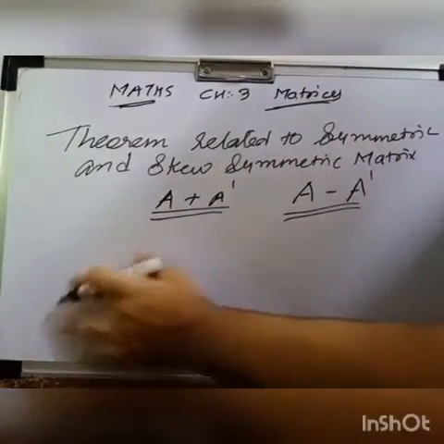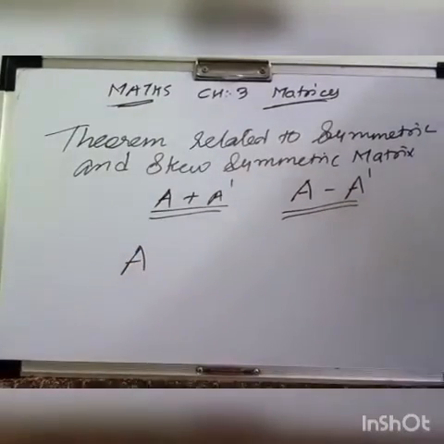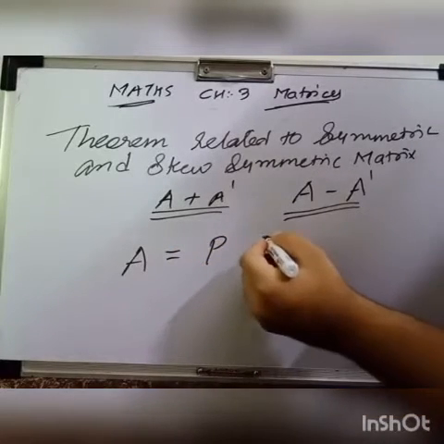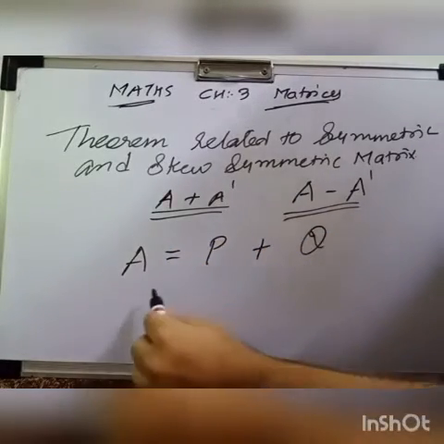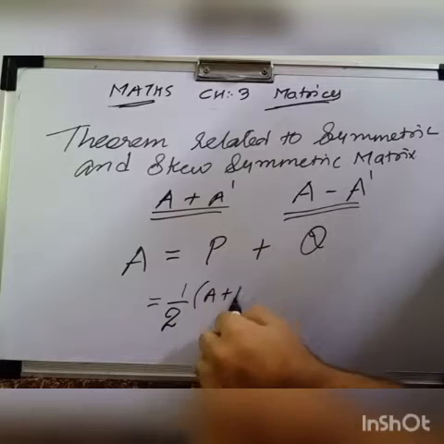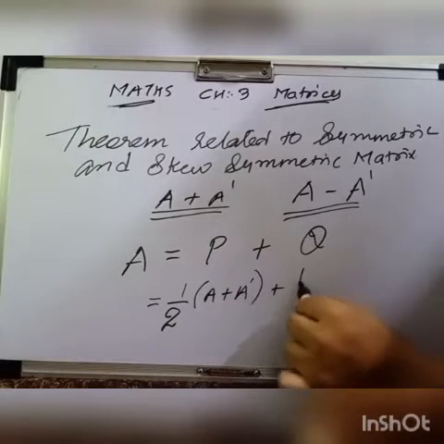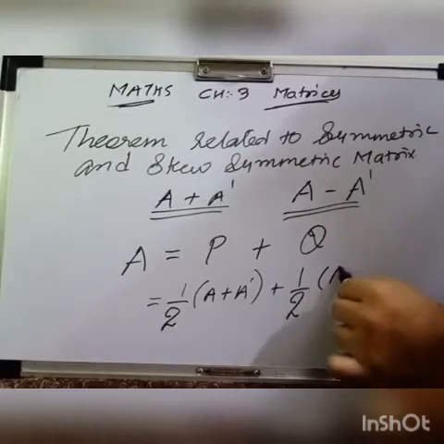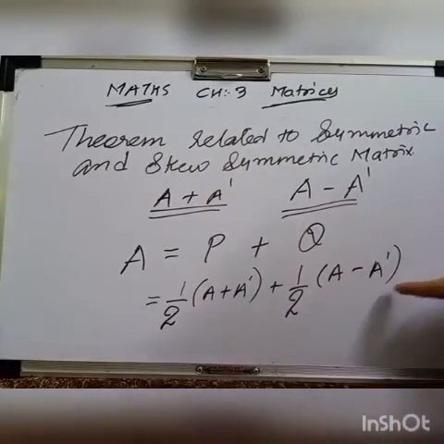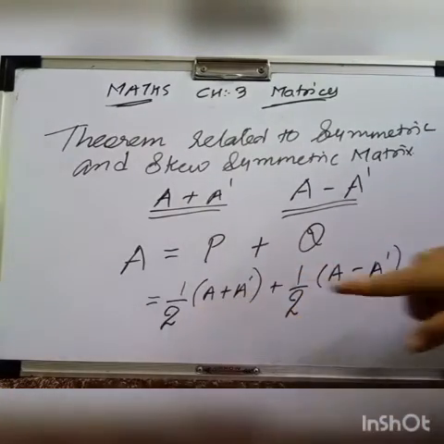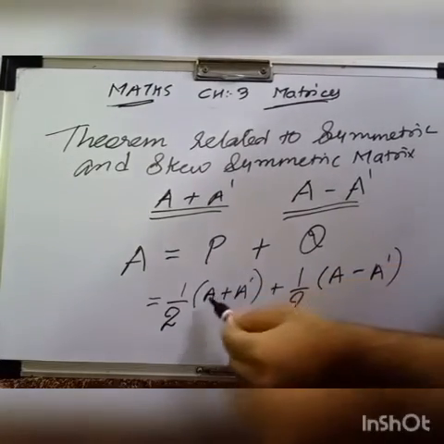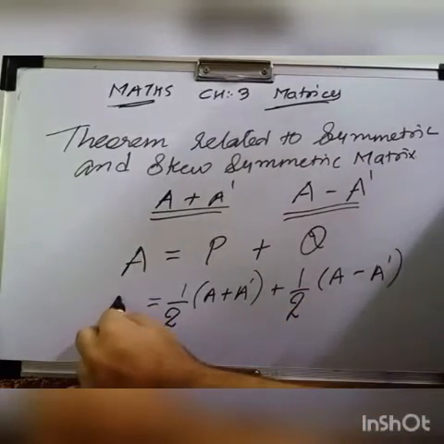Now if I am having any random square matrix A, then I can write it as a summation of a symmetric matrix plus a skew symmetric matrix, where the formula for the symmetric matrix is half (A plus A transpose), whereas the formula for the skew symmetric matrix is half (A minus A transpose). You can see that if I solve this, then the plus A dash and minus A dash will get cancelled,